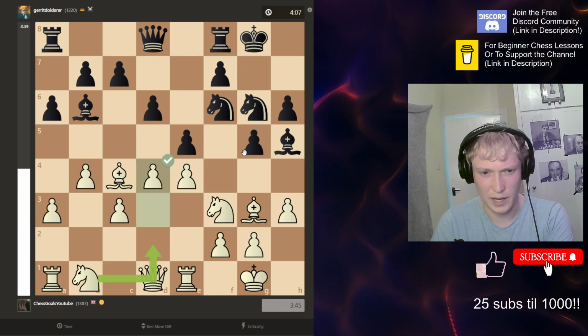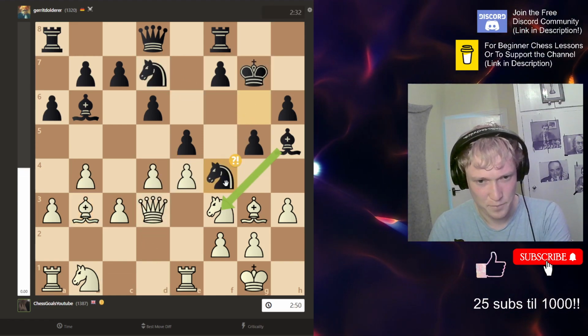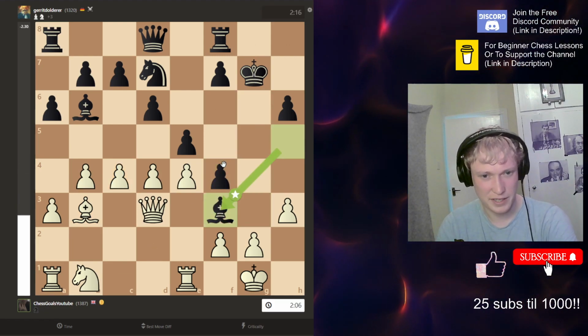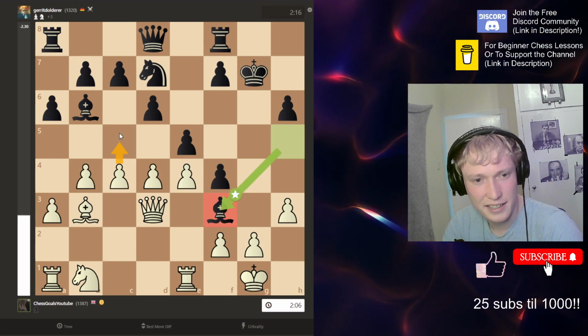So, a bit more developing. And I'm trying to make something happen in the center here. They hit my queen, I snap take. Their king is open, so I'm excited about my attacking chances here. They take, and I sort of...